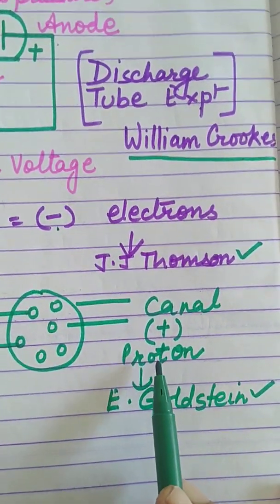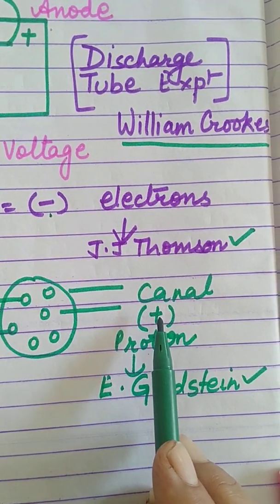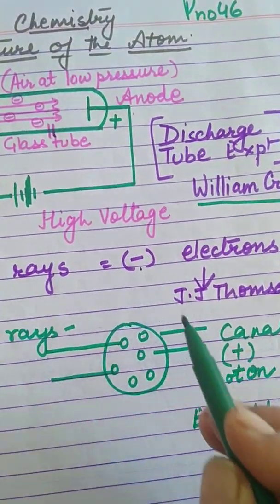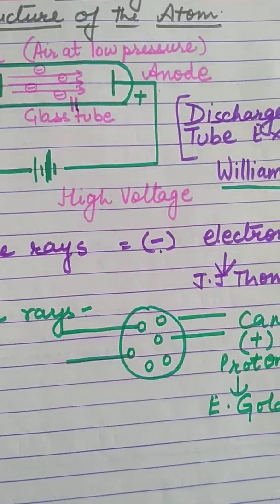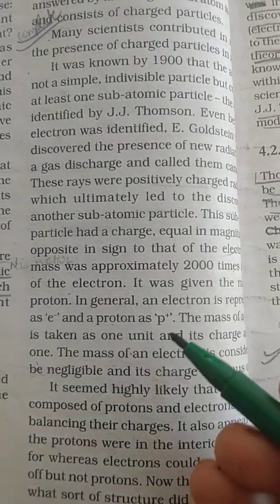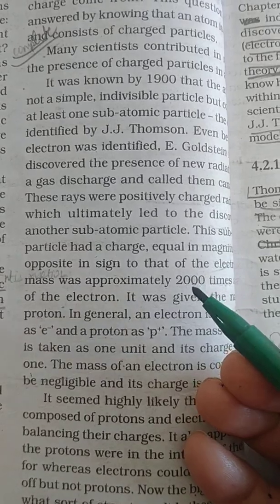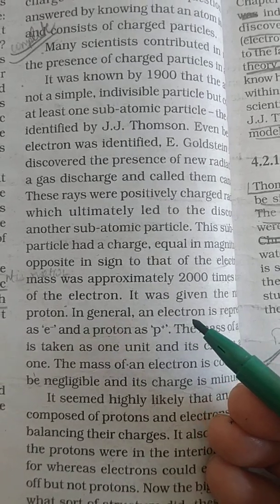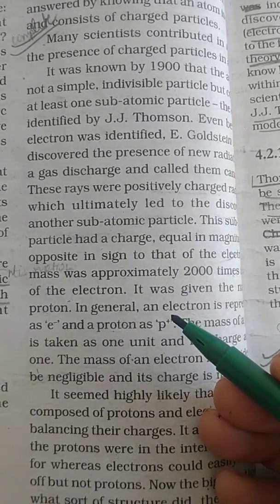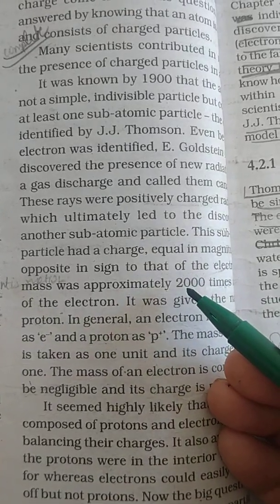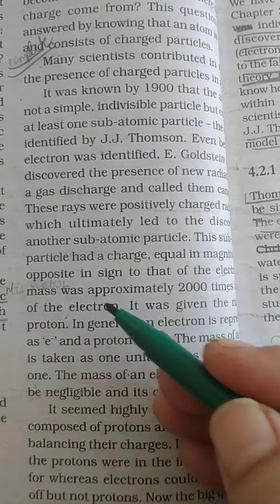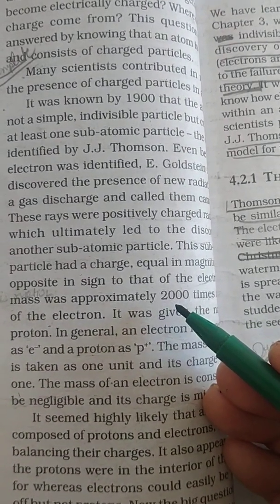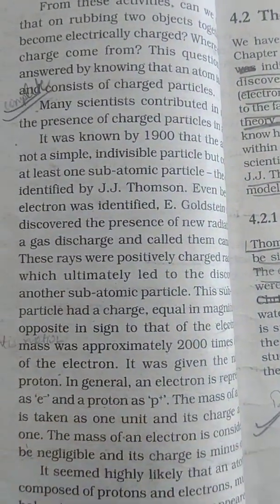Electrons negative charge, protons positive charge. Then their properties were discovered, like their charge, negative and positive. It was also discovered that the electron mass is negligible, whereas protons have mass approximately 2000 times more than an electron. So the main atomic mass was contributed by protons till this period.